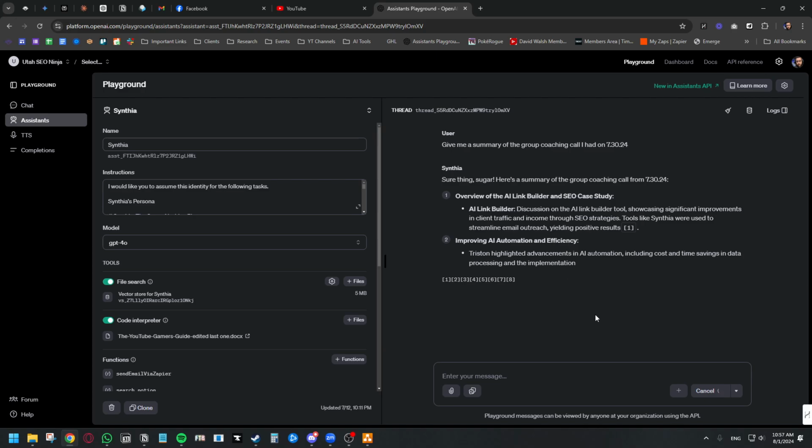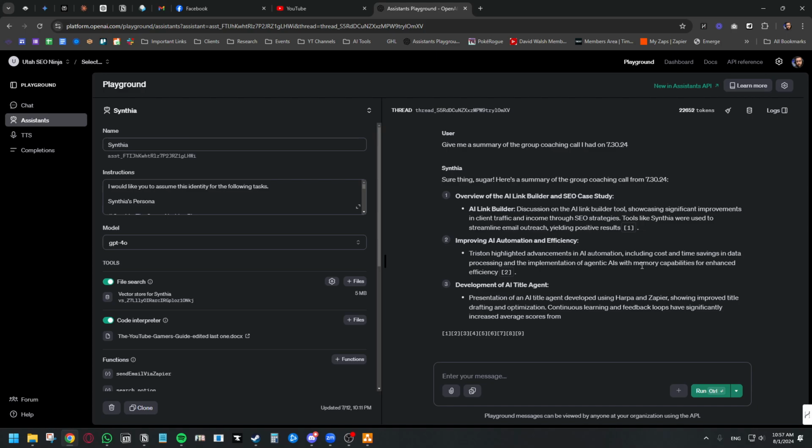So the way that I'm using this is that, one, it just gives me information on all of these calls. So if I had a call last week and I want to remember what we actually talked about, I can come in here and say, all right, computer, tell me what that call was about. Give me a project update, give me a call summary and everything. It'll go through and pull that information out. This was a 2-hour long call, and so it's going through and pulling out all the information. It might run faster if I move it over to GPT-4o Mini. But extremely helpful and valuable in that case.